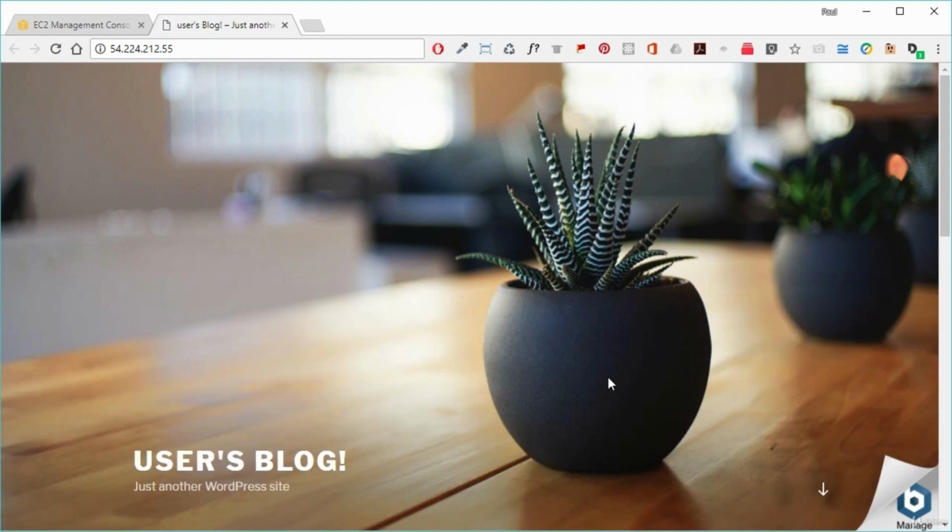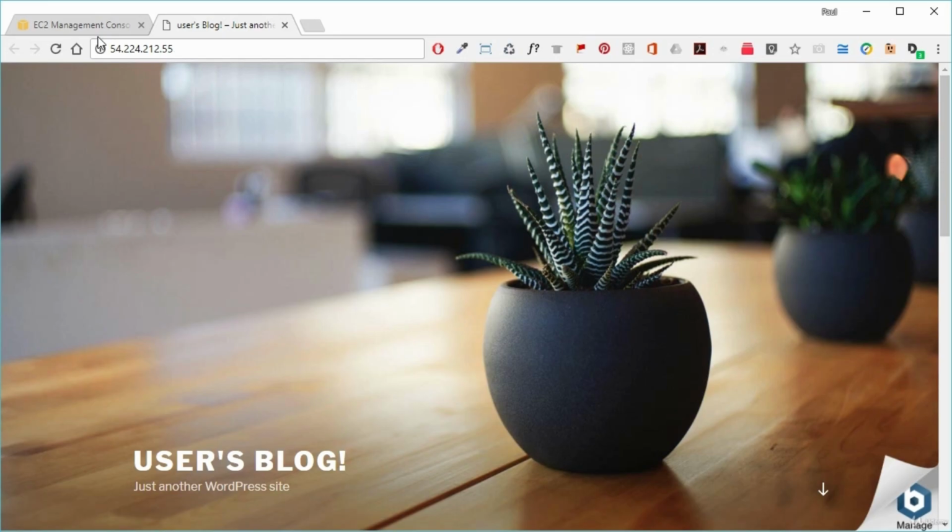Okay, and there is our WordPress application, and it looks great. So we can't really do much with it now because we need to be able to administer our WordPress application. We need to be able to log into this site and put web pages on it and whatever. So the people at Bitnami, what they've done is that when this EC2 instance launched, they created a username and password and they embedded that in the logs of our EC2 server. So when it was launching, there will be a number of logs that will output information. So we just need to go into those logs.